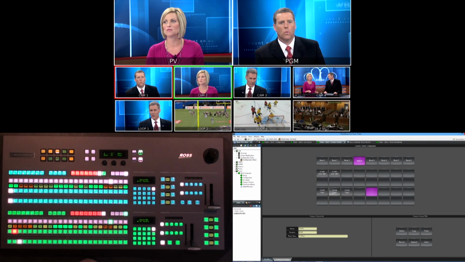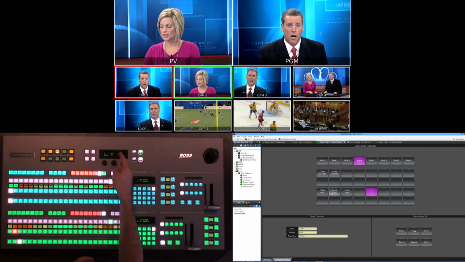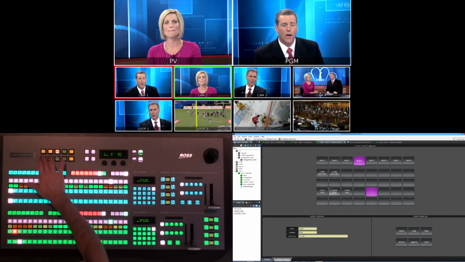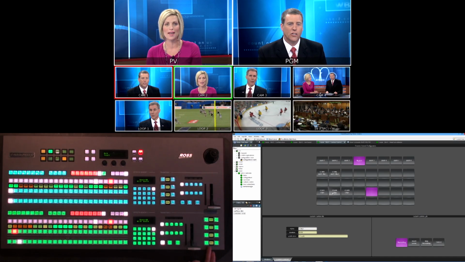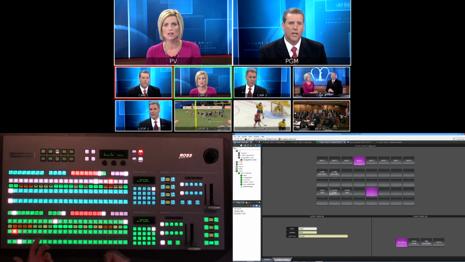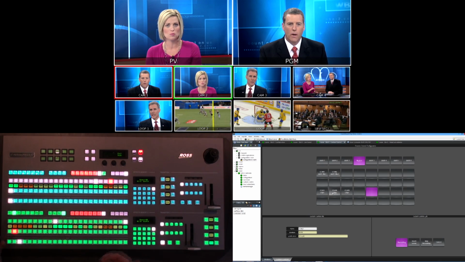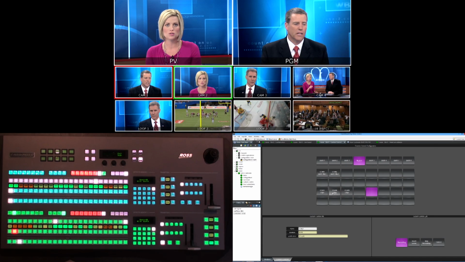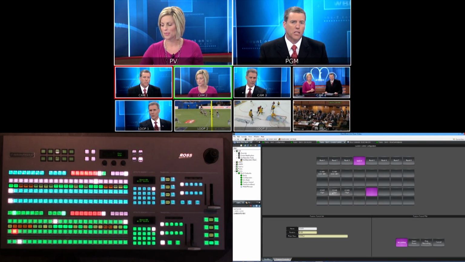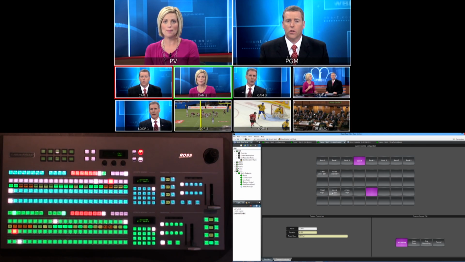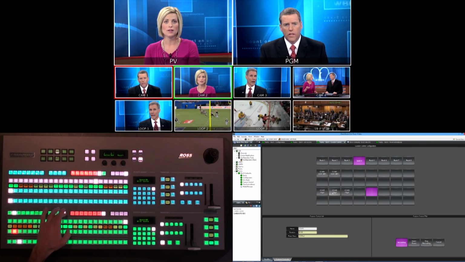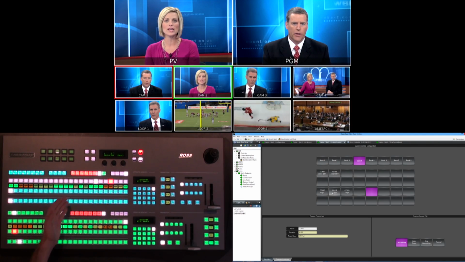So I'm going to pick my custom control, so bank 4, custom control 21, and we're going to start recording. So here I'm going to want to use my highest most keyer, so I'm going to say key 4 select. I'm going to make sure that that source is assigned to it. Normally it would be an auto select key because it would have a video and an alpha, so it would do a proper keyable. So we're just going to do something a little bit different. So now that we've got that assigned, we can also use the key 4 toggle menu to toggle out of the key settings and to the